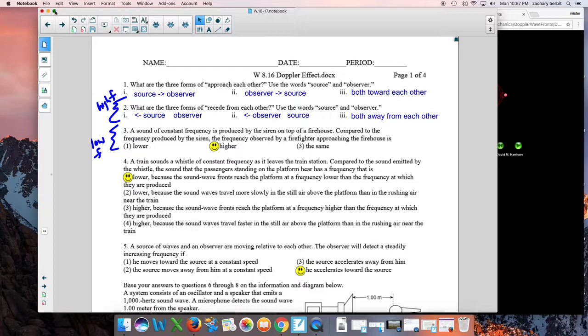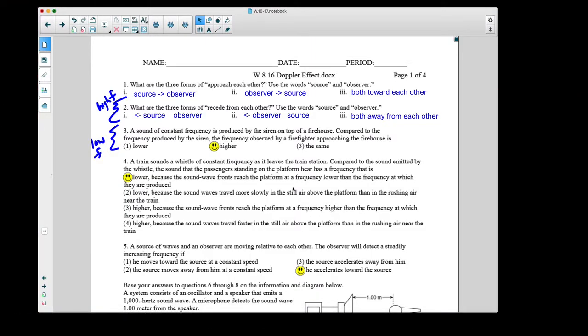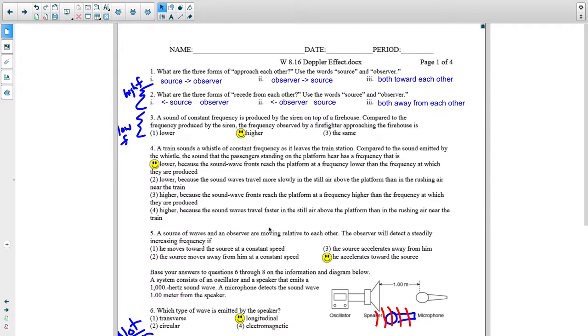I'm going to full screen this. There we go. So 816, you have to do pages 1 and 2 for homework. Yes, take out your homework and look at this. Yes, you're having a quiz on this later in the week. Yes, you need to know this. Yes, this will be posted on the drive. Alright, so